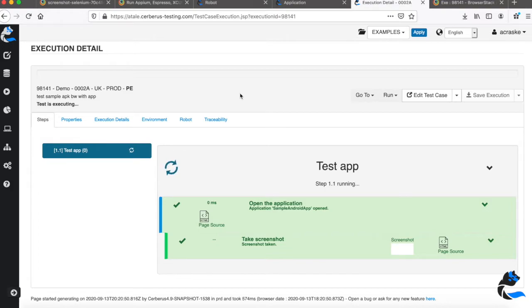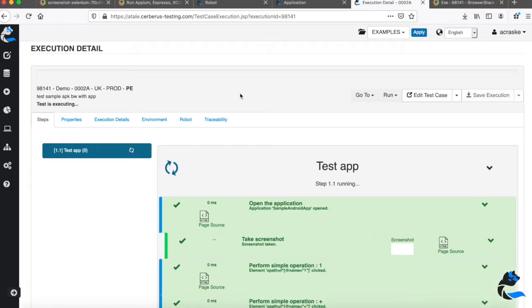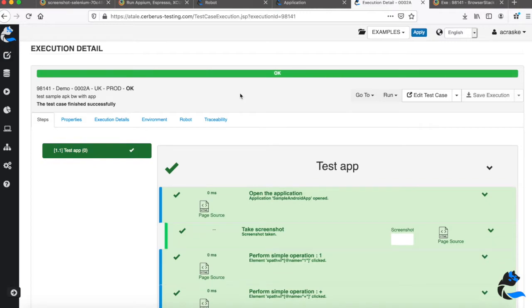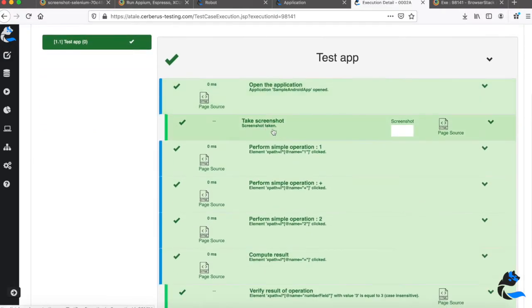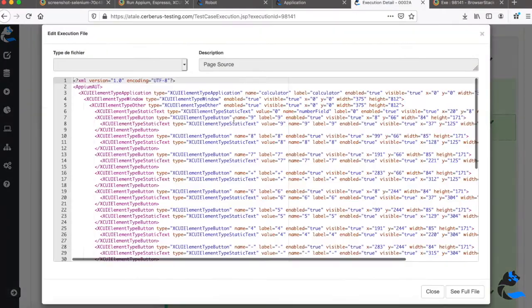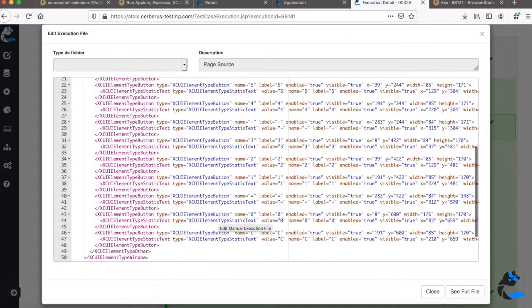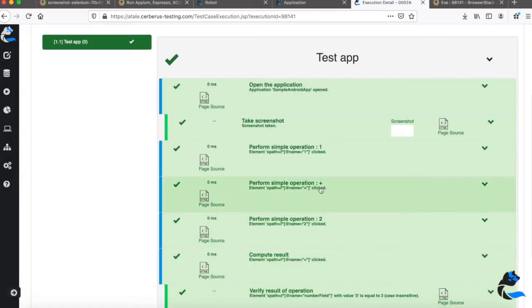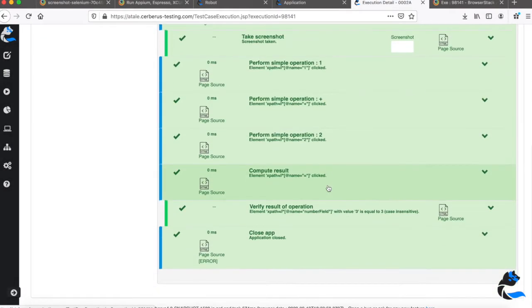I've taken the screenshot, and as you see it's interacting with the application, performing the operation and the action we have specified. Okay, and the test is completed. So if we look at the complete log here, we have also access to the full element path here. We have all the traceability, and we see that the operation that we set has run correctly.